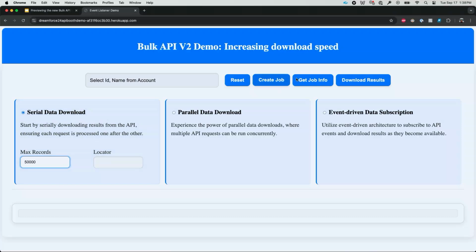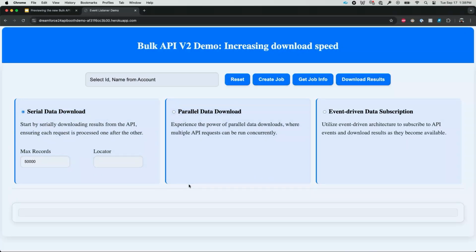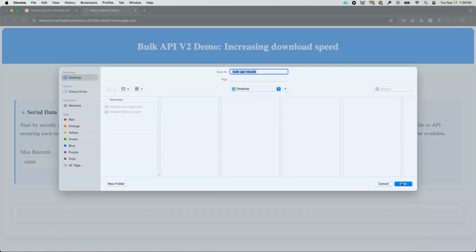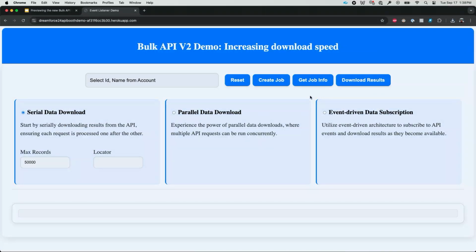If I go ahead and download the 50,000 records, I can download them, save them. But if you noticed, our job total has about 700K records, and I just downloaded some of them. The download results API call, which I just did, returns me a locator value, which I then pass in to the next API call. And I then pass in the next group of records I want to download, the maximum I can download, and I again hit the download results API.